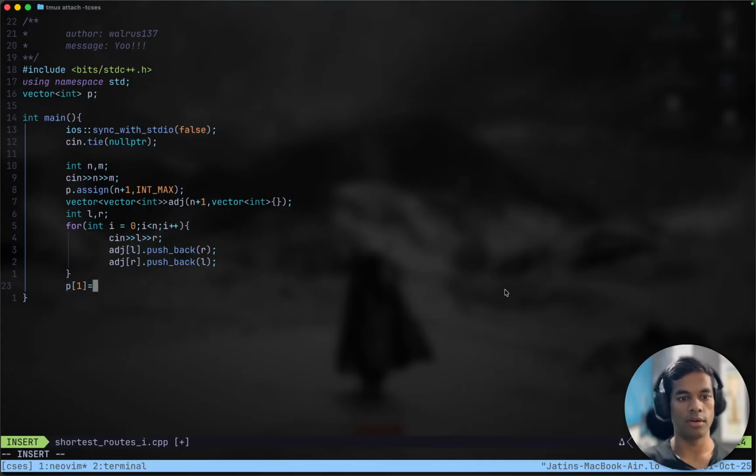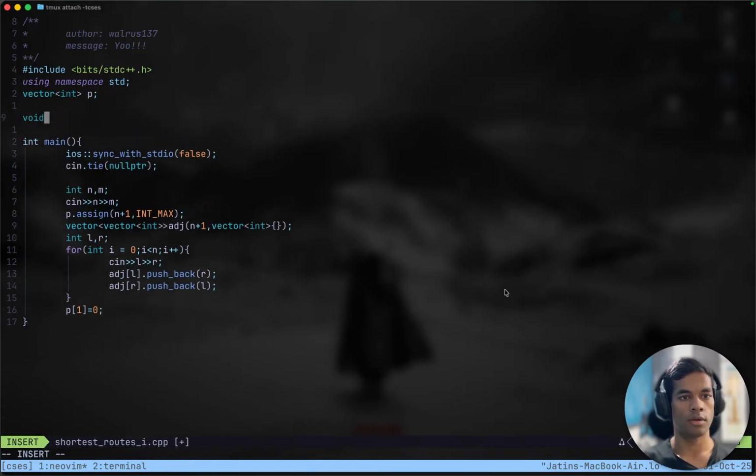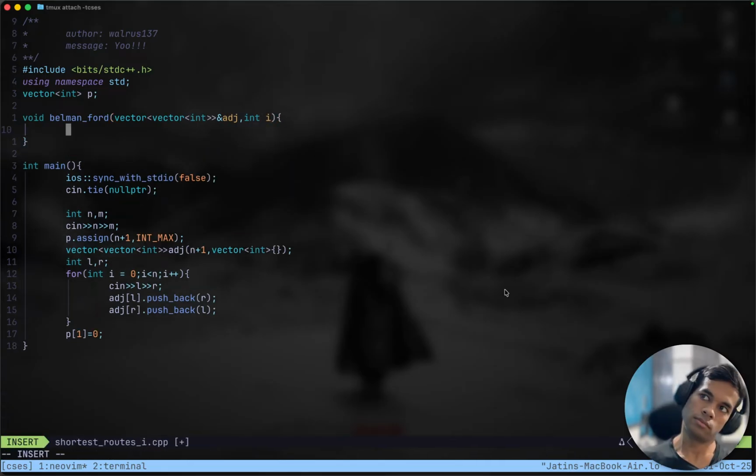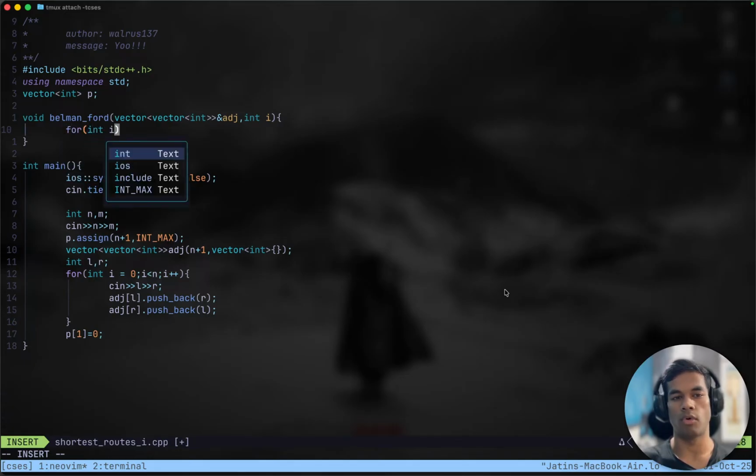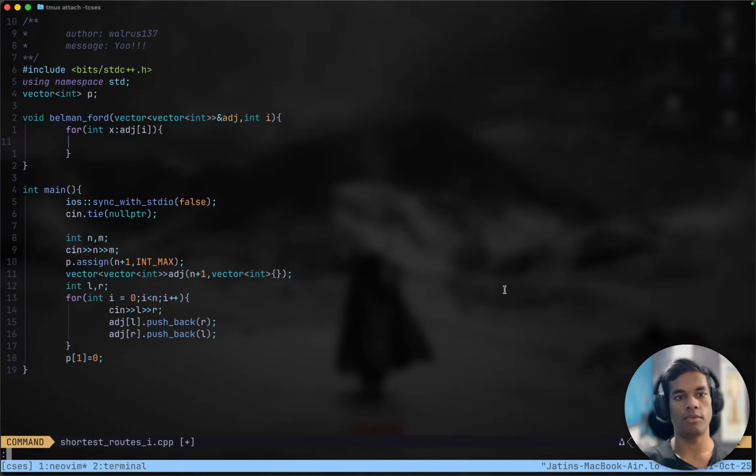And we will update the path for 1 to be equal to 0, because, yes, 0. And then we will call our function, let's call it Bellman Ford, and this function is going to take in a matrix of integers called ADJ, and the initial value I. And now a few things are going to happen. For int I, for int x in ADJ I, for every node, yes, that is,